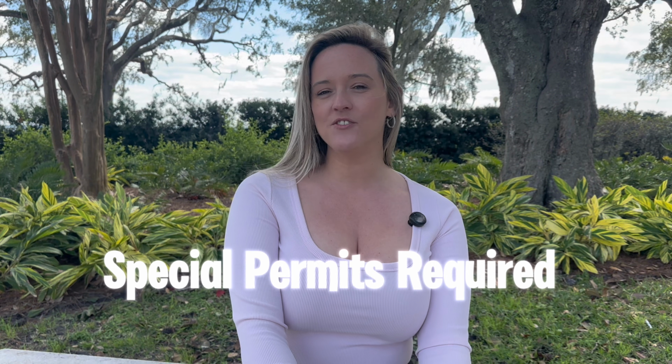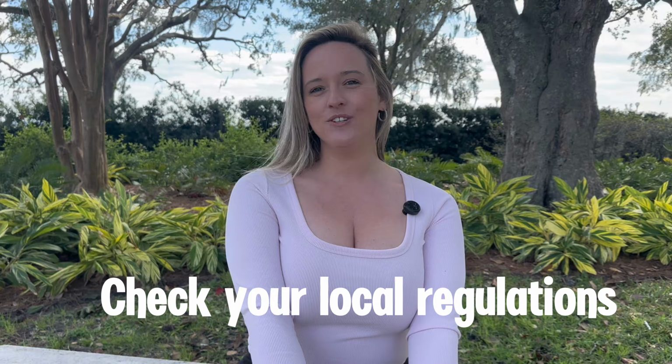All right guys, so we are here inside Memorial Park in beautiful historic Riverside, Jacksonville, Florida. This place is always hustling and bustling with lots of people, especially on the weekends. And because it is a park though, it does require special permitting through the city of Jacksonville. So if you choose to do a park, make sure you check with your city for your local guidelines and